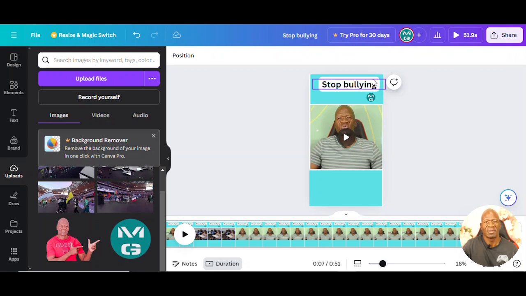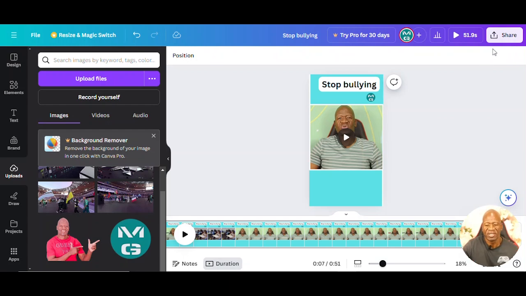Okay, I must indicate that the version of Canva that I'm using is the free one. As you can see, most of the elements here have a watermark to indicate that this is not the full version. But the nice thing about Canva is that you can work on your projects using the free version of it. So when you are done with the development of the video, which is the YouTube short in this case, you're going to want to download your file into your computer